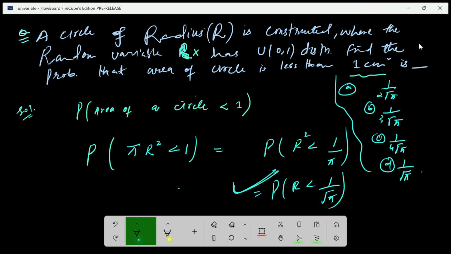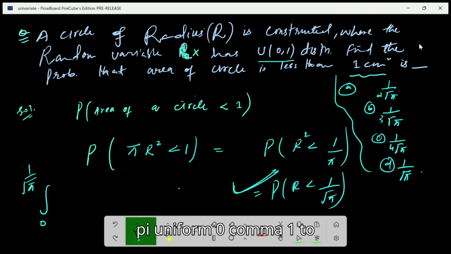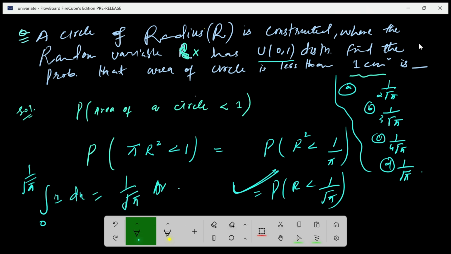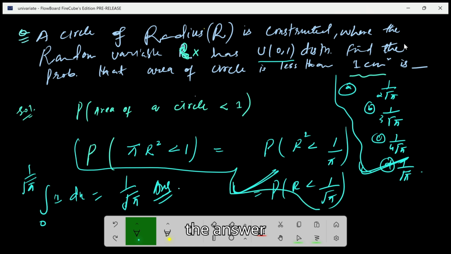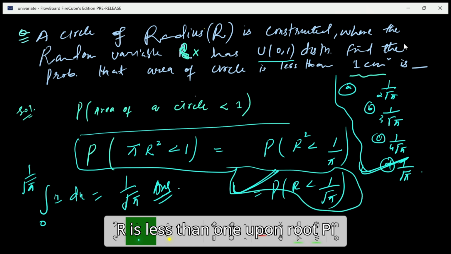सॉल्व करेंगे ना। तो सी कैसे, 0 to 1/√π, और कहाँ से लिया है, यूनिफॉर्म 0,1 से, तो इसका ये होगा 1 dx, सो दैट्स इक्वल टू 1/√π इज द आंसर। क्लियर है, क्या किया मैंने यहाँ पे, मुझे तो ये निकालना था, पहले मैंने ये निकाला कि r कहाँ से लेना है, r इज लेस देन 1/√π, और r का जो डिस्ट्रीब्यूशन है मतलब x का जो डिस्ट्रीब्यूशन है दैट्स यूनिफॉर्म। तो